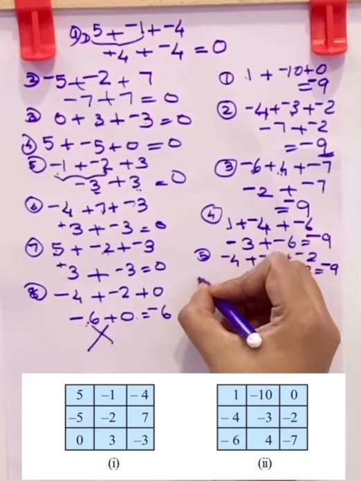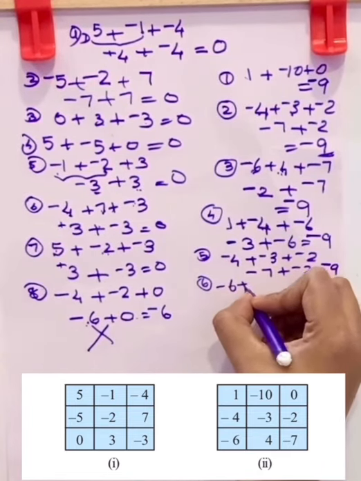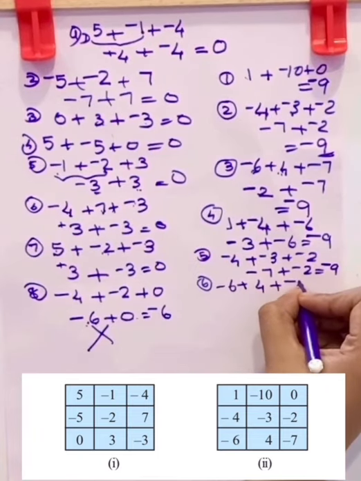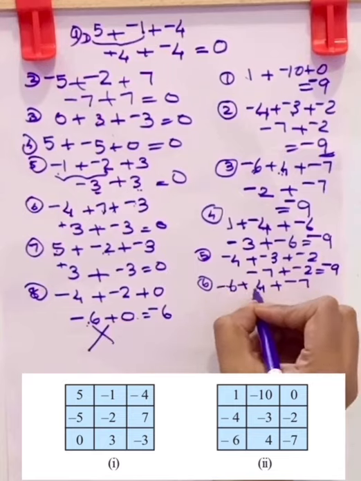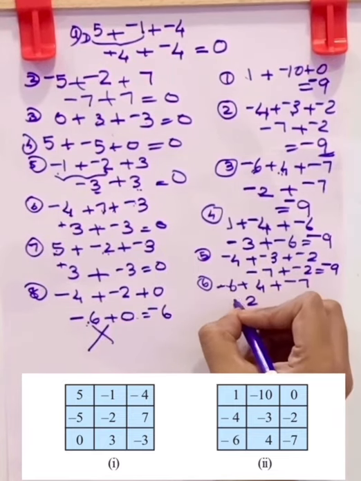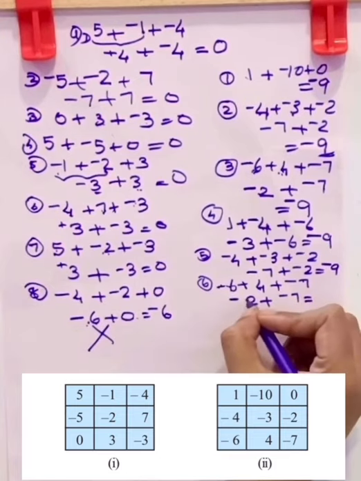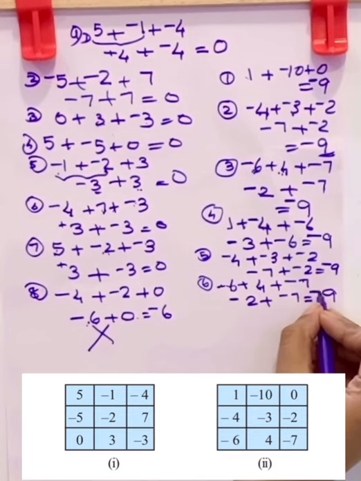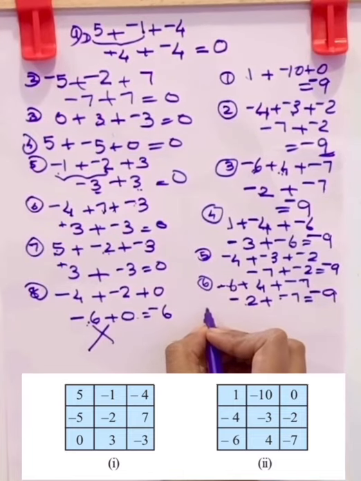Now next column, minus 6 plus 4 plus minus 7. Minus 6 plus 4. Subtracting you will get 2, and bigger number sign is minus, plus this minus 7 is equal to 9 and negative sign. Both are negatives. Now diagonally,